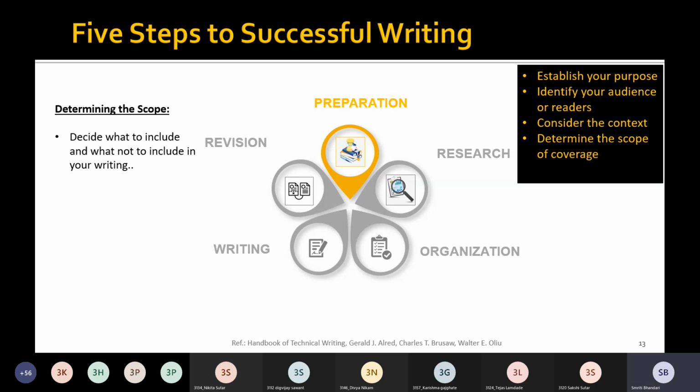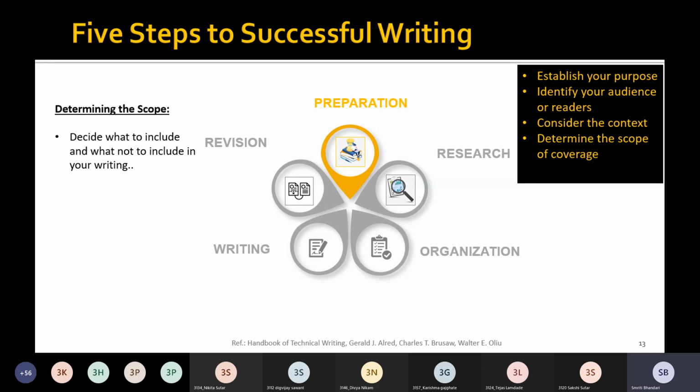Once again, referring to our running example, given the purpose and the audience for the report on facility locations, the scope would include information like land and building cost, available workforce, cultural issues, transportation options, and proximity to the suppliers.